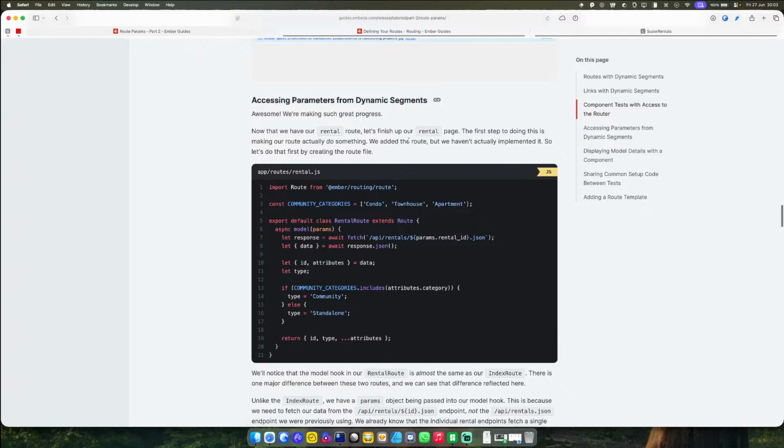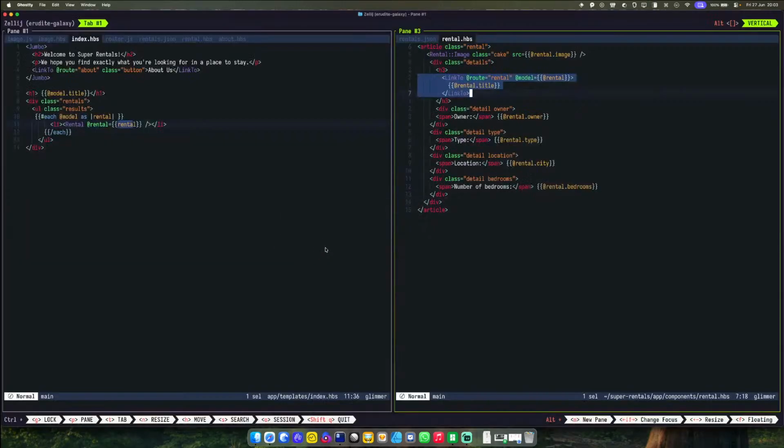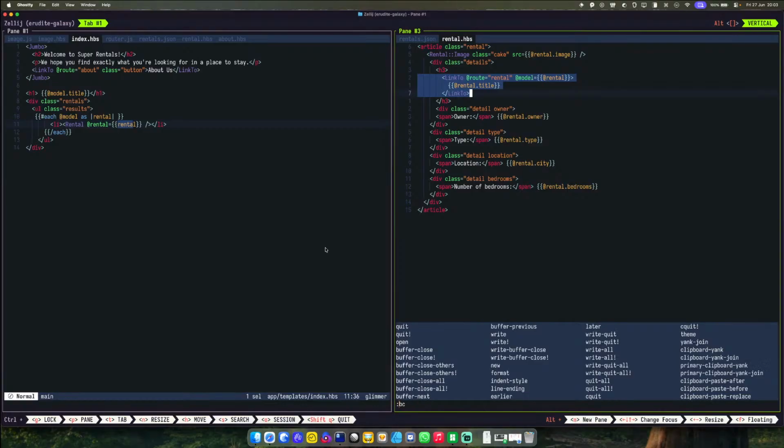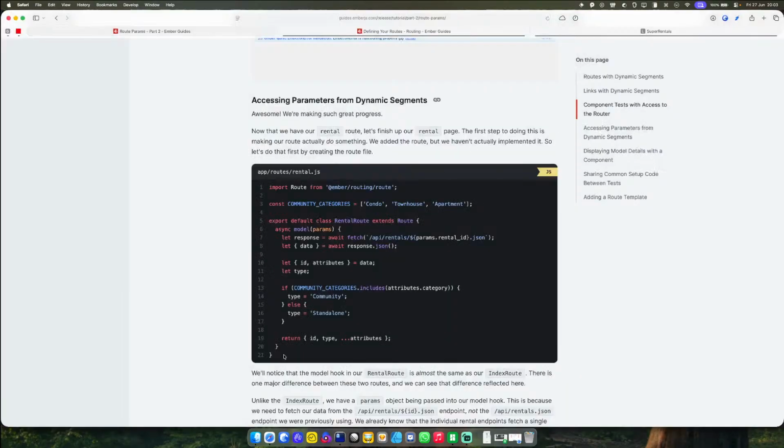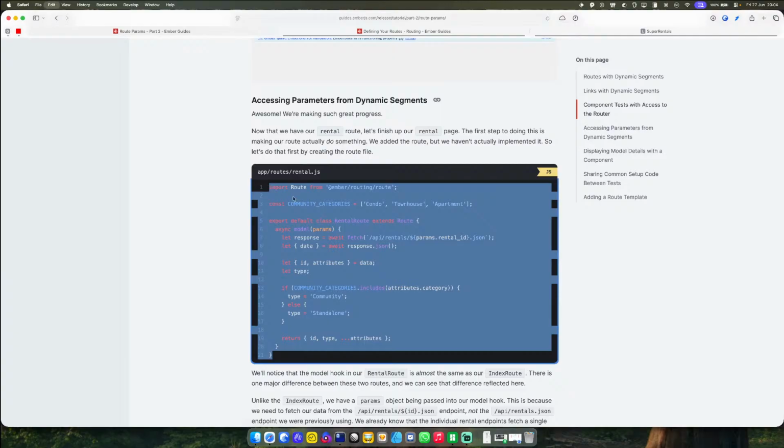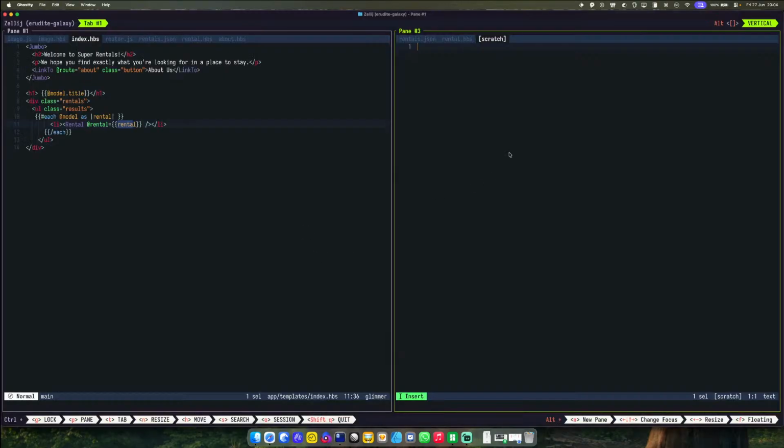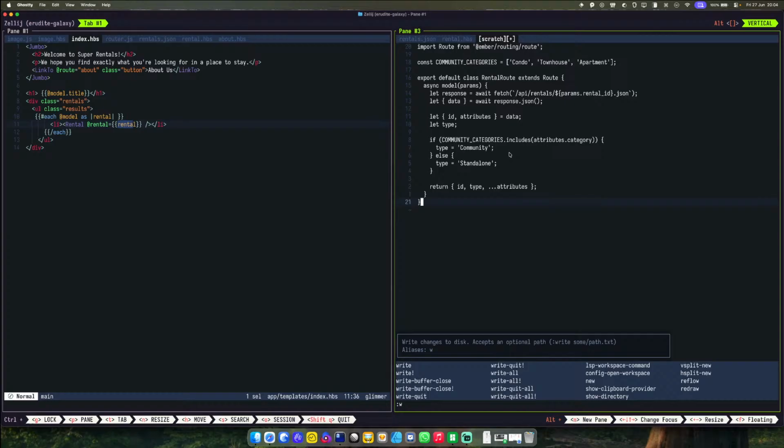Now we have our rental route. Let's finish up our rental page. First thing to do is make our rental route actually do something. We added a route, but we haven't actually implemented it. So let's do this first by creating a route file. So what we're going to do is come over to here, and then we're just going to grab the stuff out of here. Okay, and then what we're going to do is go right, and then we're going to do routes,